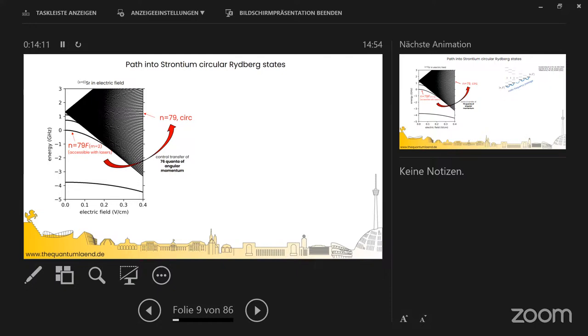And you do that by the following trick. So you start with an optical excitation of a Rydberg state that already has some sort of large angular momentum, so that you have a very small quantum defect, and that Rydberg state is actually close to the degenerate manifold of high-L states, and in our case, this is an F state. So we optically excite in that specific experiment now to a 79 F state. And this has only a quantum defect of around 1 gigahertz to the hydrogenic manifold. And if you put this